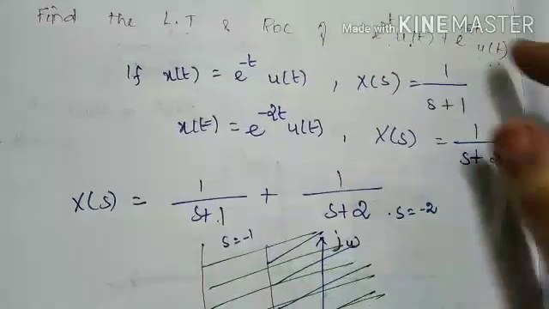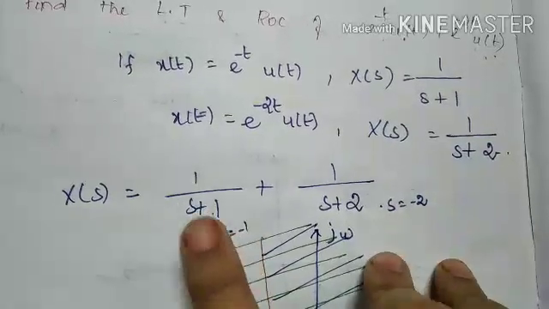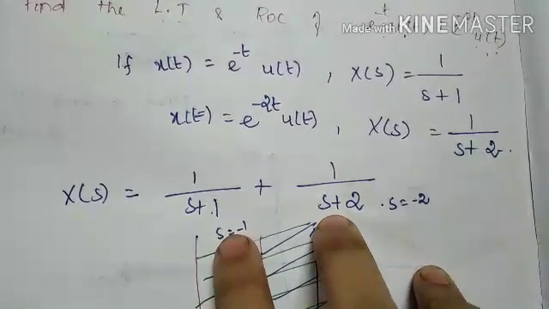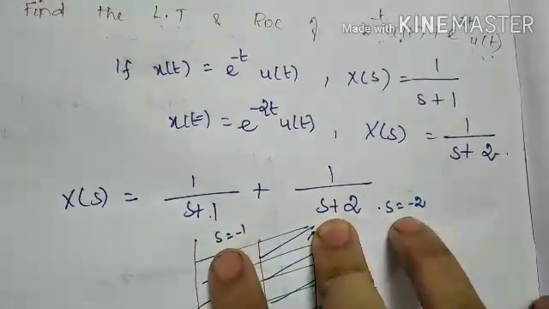Now we are going to add these two signals and we are going to find the poles for these two signals. What pole comes for this? s is equal to minus 1. How do you find the pole for this? s plus 2 is equal to 0. So s is equal to minus 2. Now